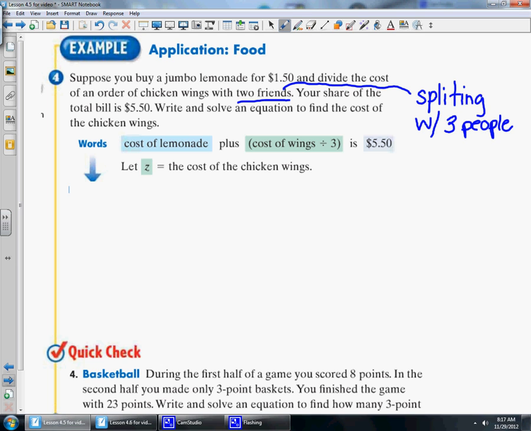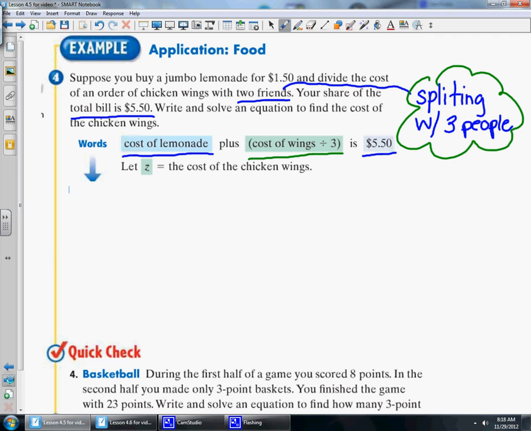Your 2 friends and then you. And the total bill is going to be $5.50. So we can take some words and we say the cost of lemonade plus the cost of chicken wings divided by 3, because remember we're splitting it between you and your friends. Your total cost then is equal to